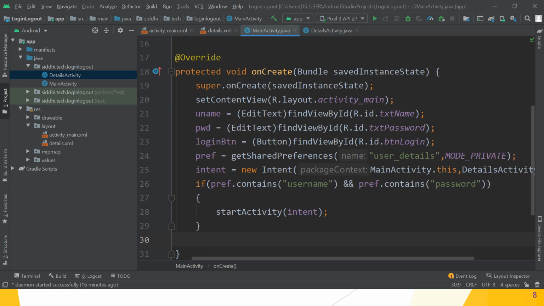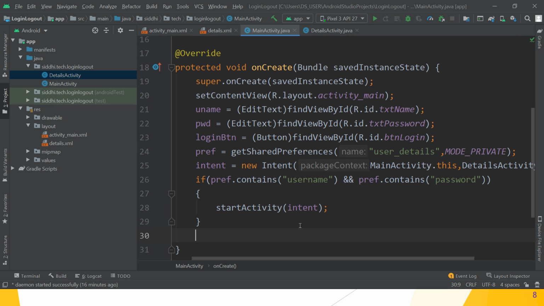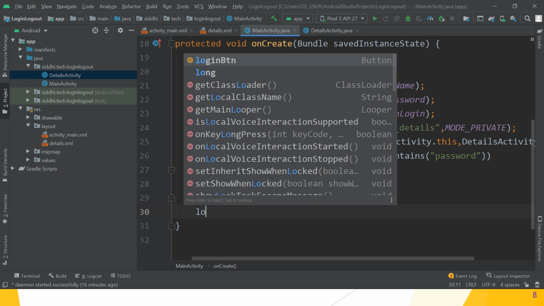Guys, hope you understand. If the preference, that is the getSharedPreferences file object, contains the username and password keys, then it automatically starts the activity, that is, MainActivity is switched to the DetailsActivity. Great. If it is not, then what we have to do?